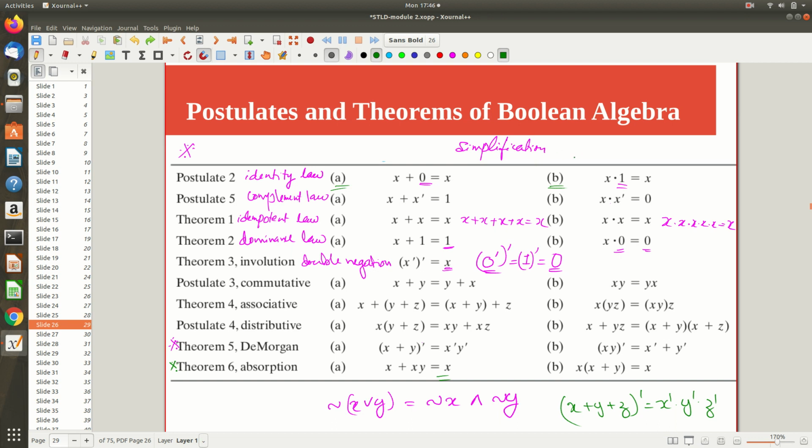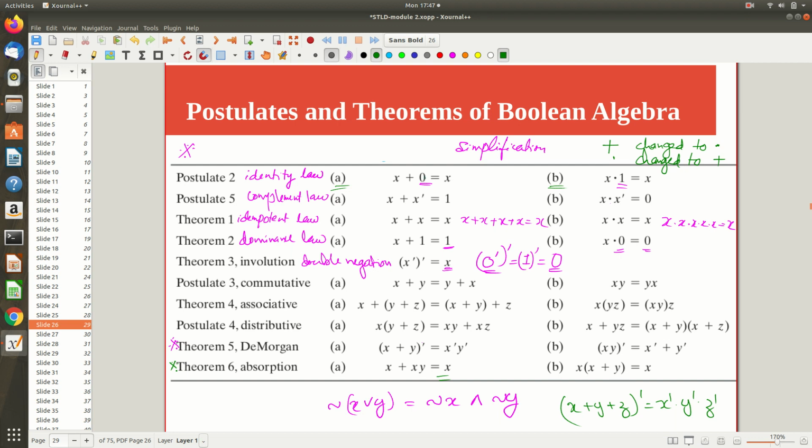So every theorem is having an A part and B part, right? Maybe with plus and dot. So from A part, how can I reach B part? Simply change plus to dot. Also, wherever dot is coming, from B part to A part, how can you come back? Dot you change with the plus, right? Dot change it to plus, like that. So that is one thing.